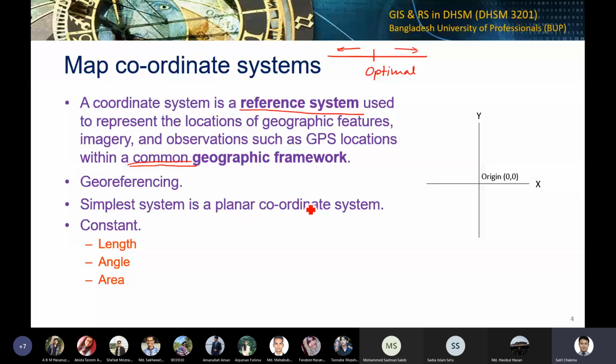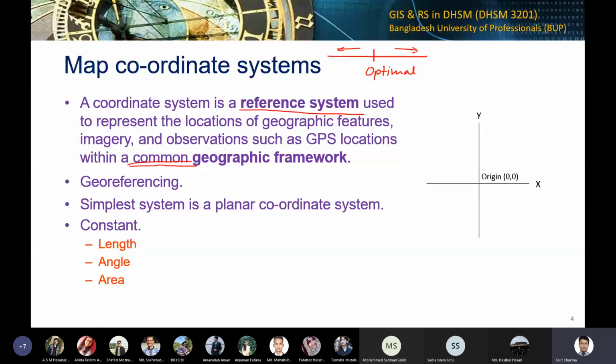So now that's intangible, you cannot touch it. Now bring it to something which is also intangible, but it's about location. Whenever you are at some place, you always give reference of other things. For example, if I ask you where are you, and you say you are in BUP, then I say, okay. So you ask me where are you, I say I'm at home, which is in Mirpur 12, for example.